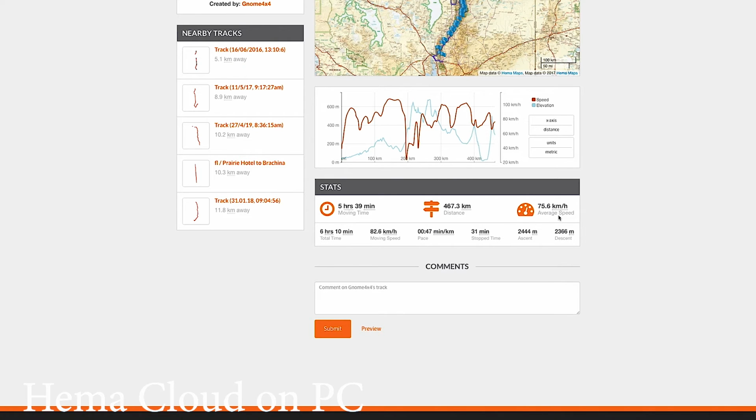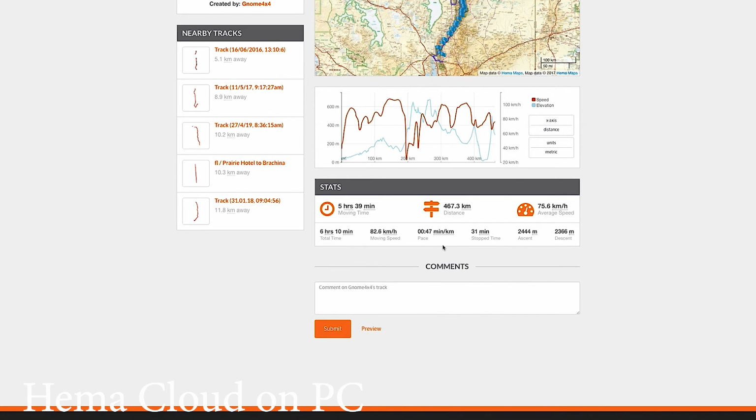Now, the average speed is a good indicator to me as to the road conditions, because if the road was really difficult, maybe say thick sand, it was slow going, then the average speed would be a lot less. So this tells me it was a pretty good graveled road. It could have even been blacktop, I'm not too sure, or could be a bit of both, but that's a really good average speed. Total time it took him, 6 hours, 10 minutes, what the moving speed was, and the